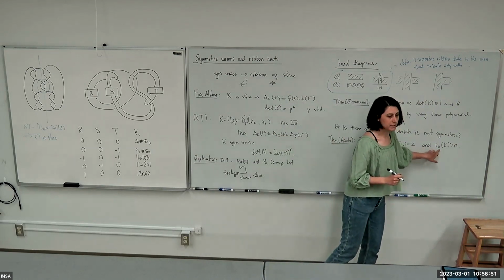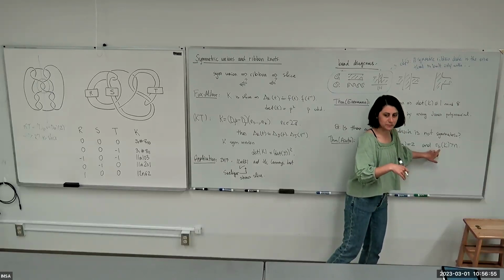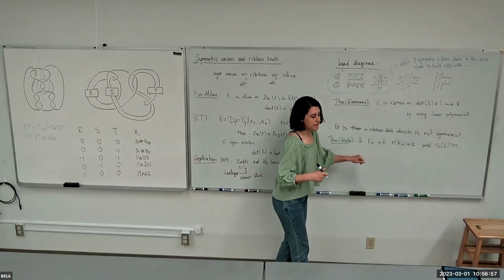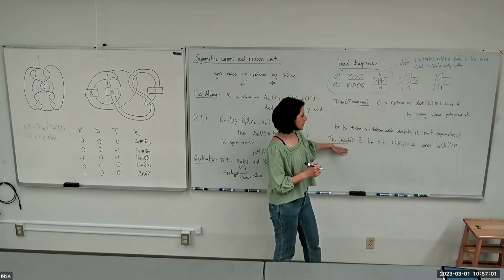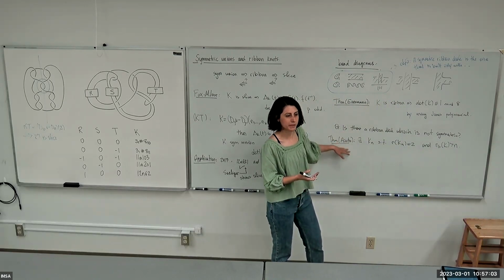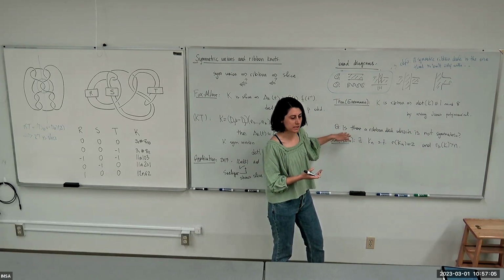This number is the minimum number of singularities among symmetric ribbon disks spanning K. It still does not answer this question, but it provides strong evidence that we probably have some ribbon disks